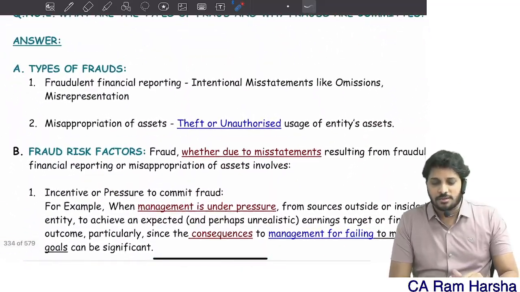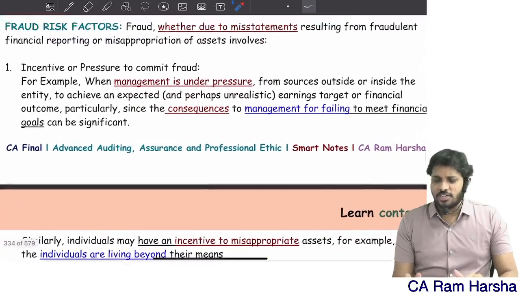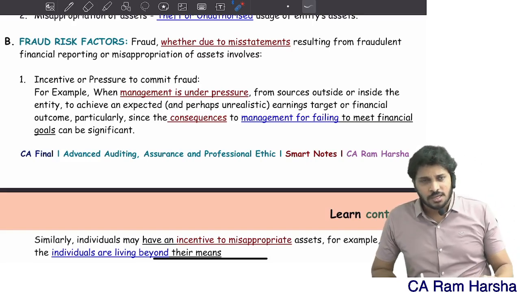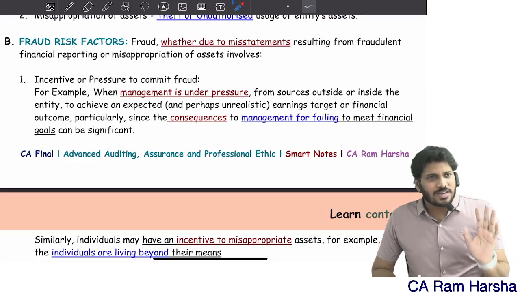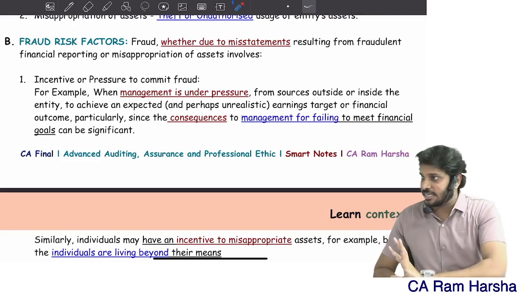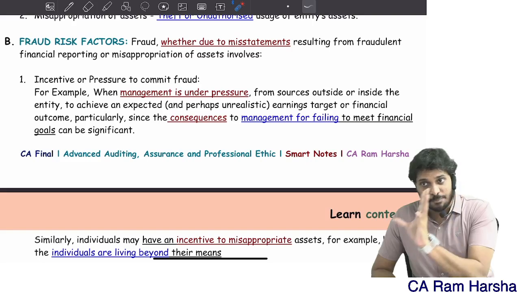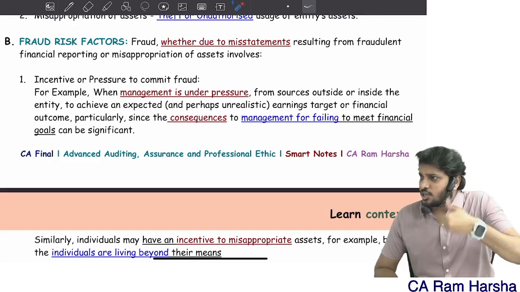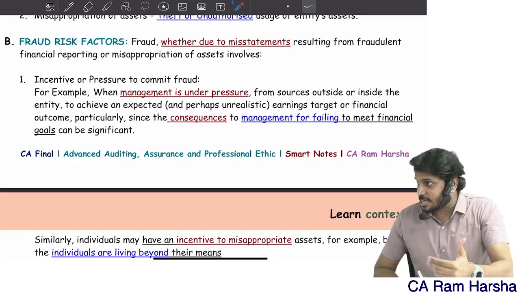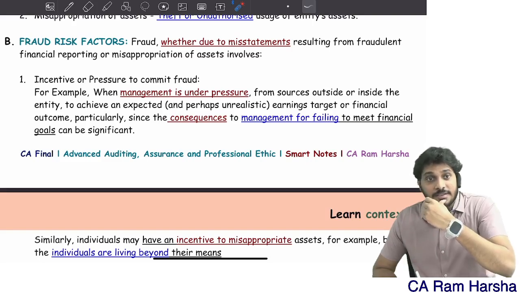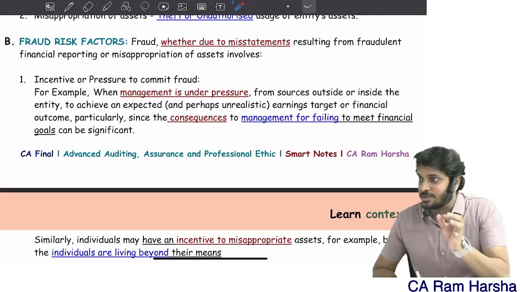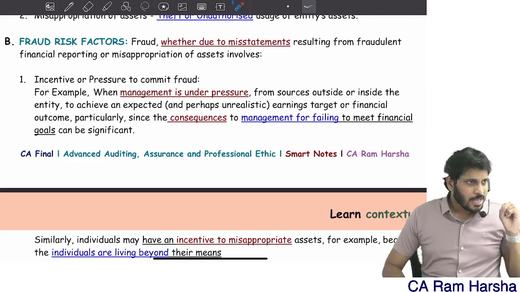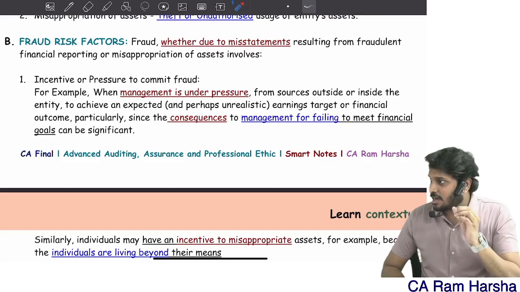Now, how will the frauds be done? Like I told, there will be risk factors. The auditor has to do a risk assessment. Our risk assessment means very simple. We need to understand the entity, the functions, departments, the roles and responsibilities, what they are doing, what processes are established, and what systems they established. Within the systems and procedures which the company established, is there any way that people can manipulate? Is there any way where people can commit fraud?